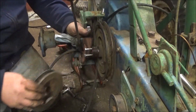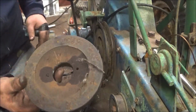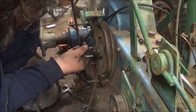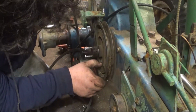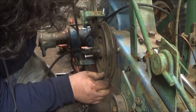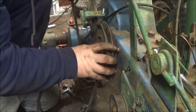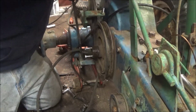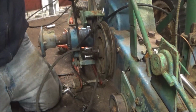Okay. So that's off. And we can see it needs polished. Clutch. It's still serviceable. I can run it. Now the real question is, I'm gonna have to